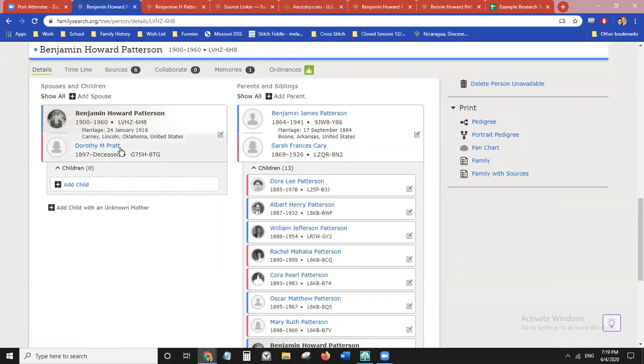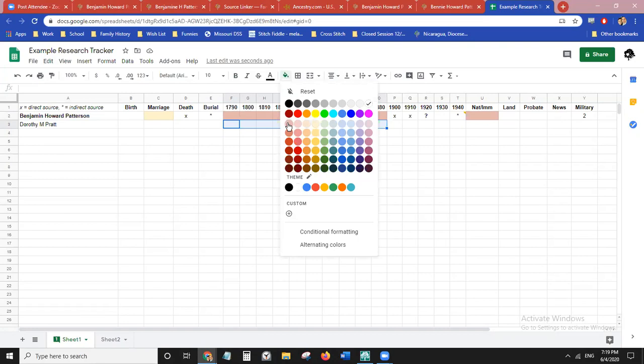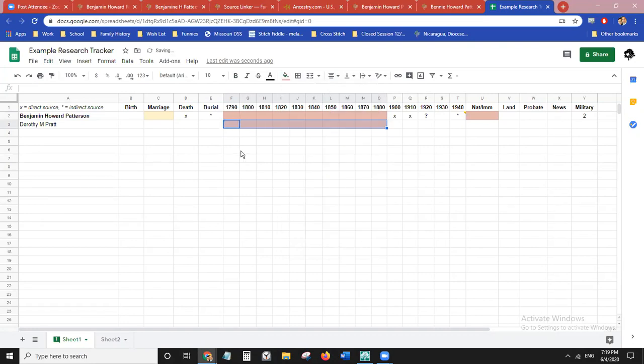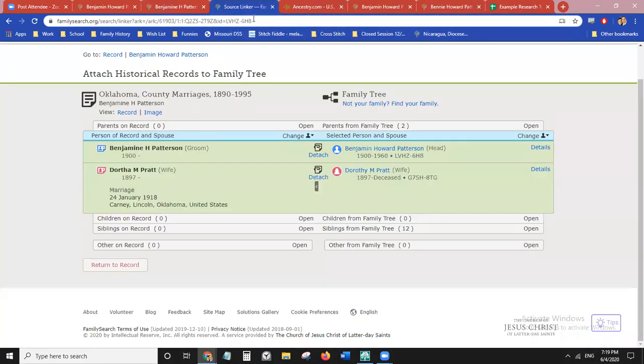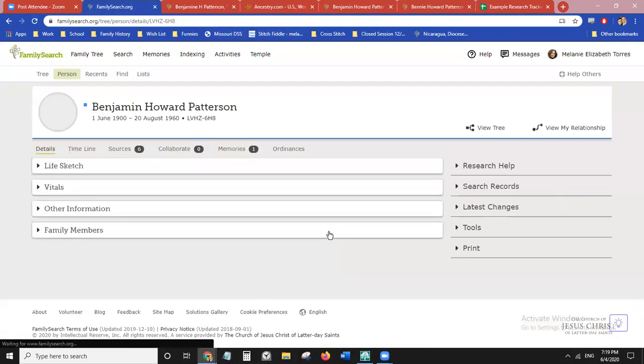So now that I've created a new person, I'm going to put her in my research tracker. Dorothy M. Pratt. And I'm not going to take the time to do any research right now, but now I know that she's on my list and I want to do some more research for her in the future. So I know she was born in 1897. I'm going to block out all of that. But now she's on my list of people to research, but I'm not going to go down that rabbit hole yet. So now that I refresh,